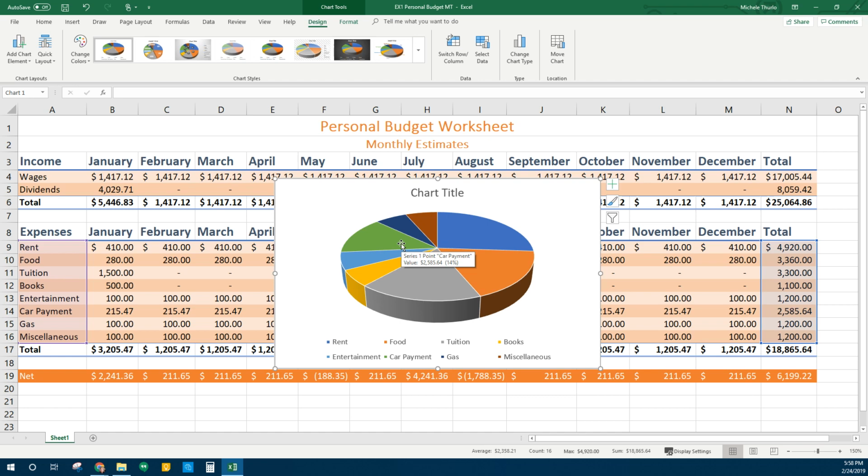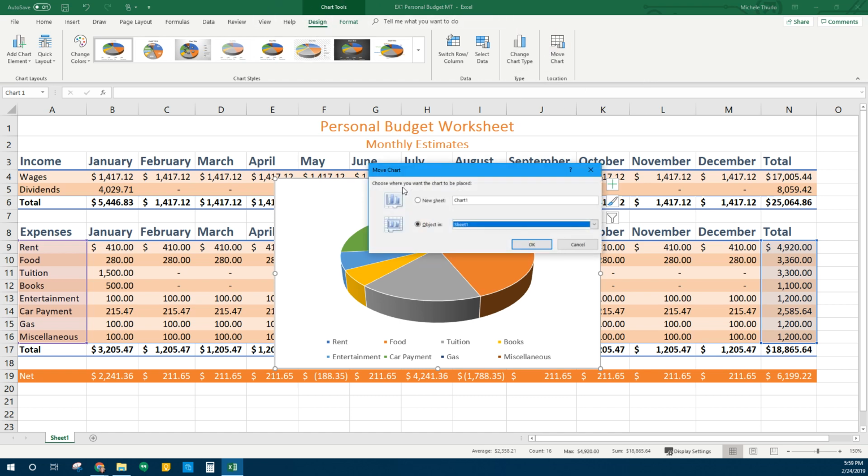I didn't know where to put our chart, so we just put it right there in the middle of our spreadsheet. We actually are going to move our chart to its own page. So with the chart selected, meaning all the information on the outside, you actually have your sizing handles, things like that are selected. So up here, I'm going to go to Move Chart. I now have 2 new tabs, Design and Format. Move Chart. I want to make it a new sheet, and we're going to name it